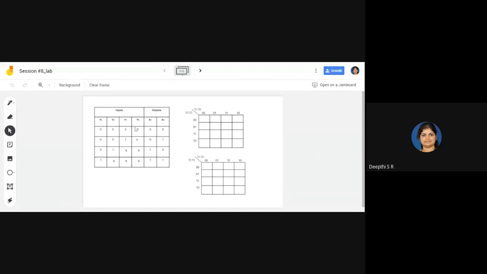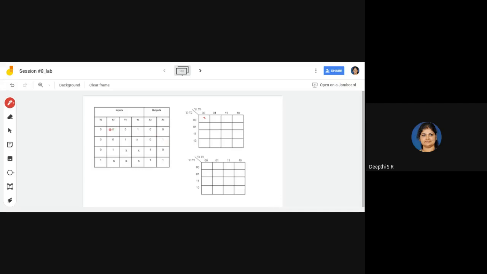Okay, so you have the same table here. Can you tell what is there? Can you get the expression from this? So when everything is 0, what is the output? We don't know that, so we'll write it as unknown.